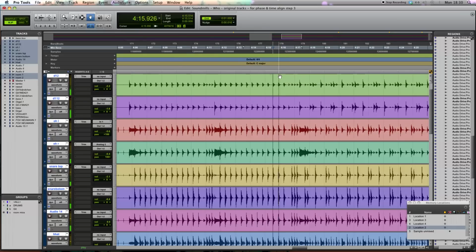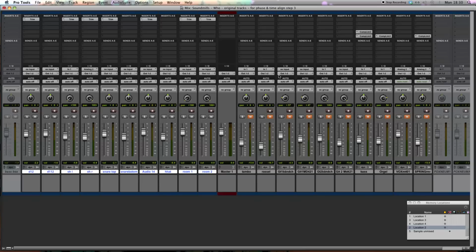The sound got a lot more clear and solid. The snare and the kick drum got back the depth that they didn't have when they were not in phase alignment. So the next step that I like to do is to create some subgroups for the drums,